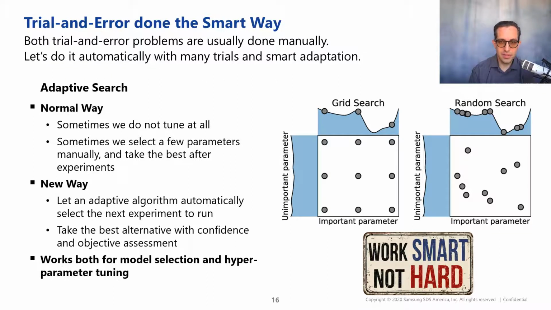In this way, as you can see on these images, you actually find the bottommost point in the space and find the best parameter value for the important and the unimportant parameters both. In the end, you then get the hyperparameters that you need to get the best performance, and you've done this